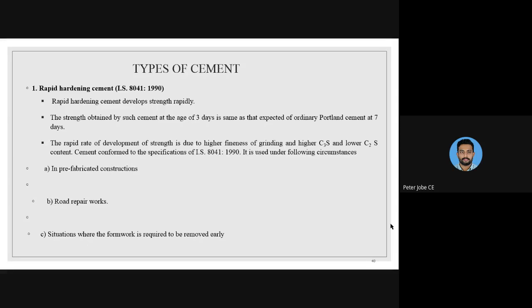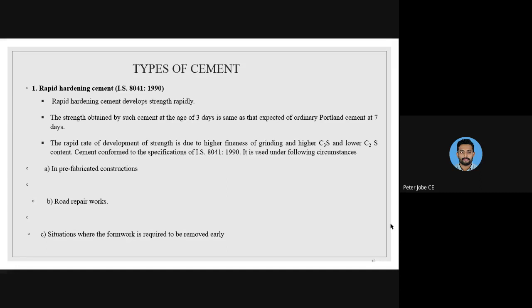That means it can absorb more water earlier, since cement achieves strength by reacting with the water we use for mixing. The higher C3S and lower C2S content will make it rapid hardening. Cement conforming to the specifications of Indian Standard 8041 1990